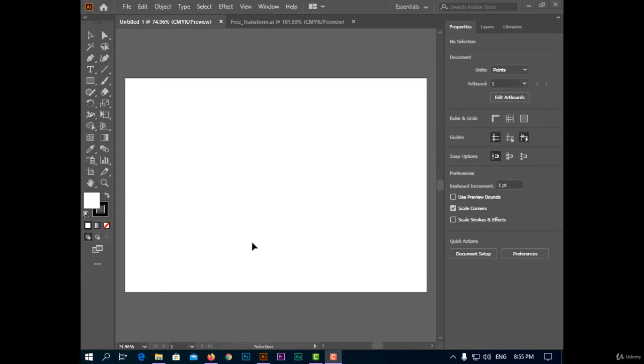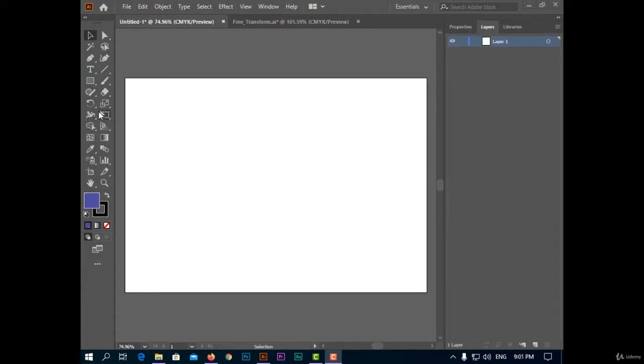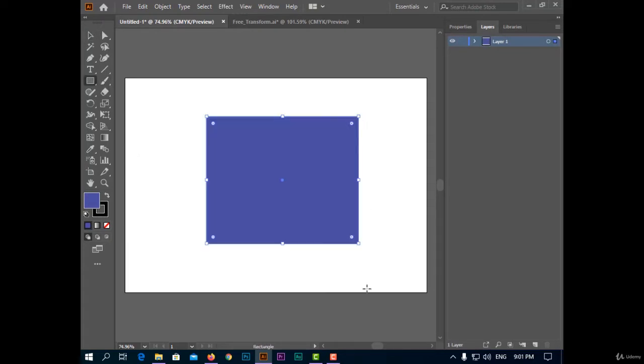They are very useful for any design. Let's start. The first tool today is Free Transform tool. This tool is used to transform, rotate, shear, and other things. If I have a rectangle like this and click on Free Transform tool, this window will appear, and I have